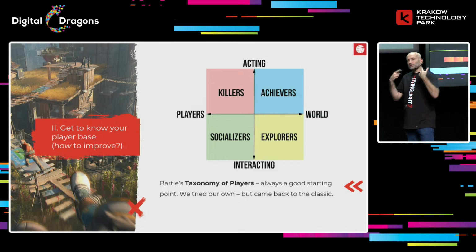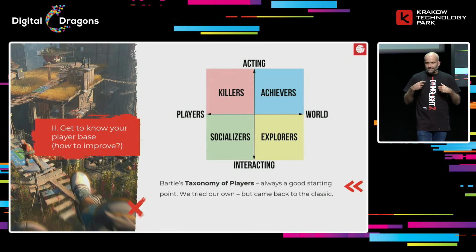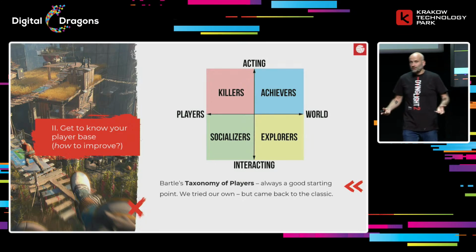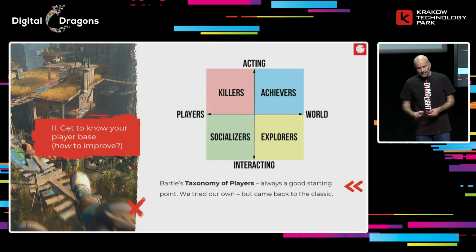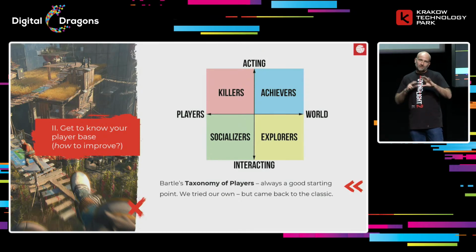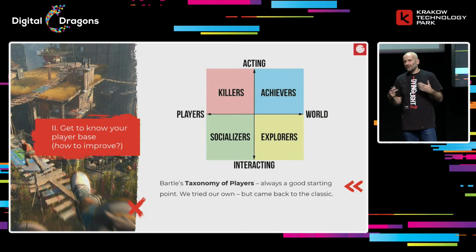When you know what you want to improve, you also need to start defining how you want to improve it. And the best way to do it is to try to understand your gamers, because for any design challenge, you can fix it in thousands of ways. So you need to choose the correct one, the one that will work for your gamers. For that, we used the classic Bartle's taxonomy of players. This is a taxonomy that has been criticized and praised by a lot of people over the years, because it's been with game design for quite some time, but for me it works.